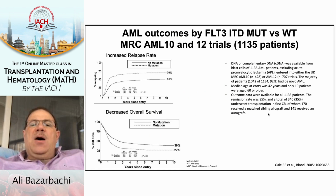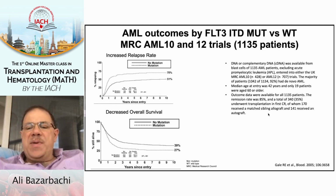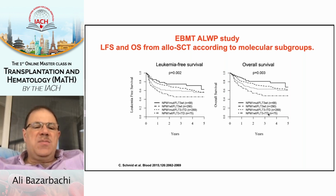So, AML outcomes by FLT3-ITD mutant versus wild type. This is coming from the large UK MRC AML10 and 12 trials published by Bob Gale in Blood 2005, showing that the presence of FLT3-ITD results in a significant increase in relapse rate and decrease in overall survival. And even after transplant, in this EBMT study published by Christoph Schmid, you can see the leukemia-free survival and overall survival from the time of allotransplant according to the molecular subgroups: the best results are in patients with NPM1 mutated, FLT3 wild type, and the worst results are for NPM1 wild type and FLT3 mutated,